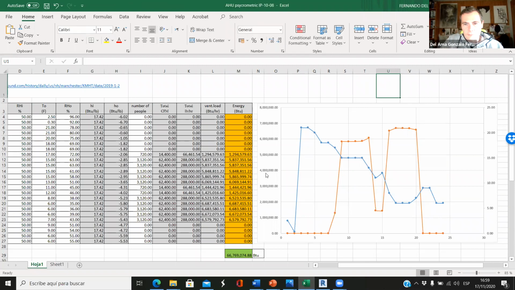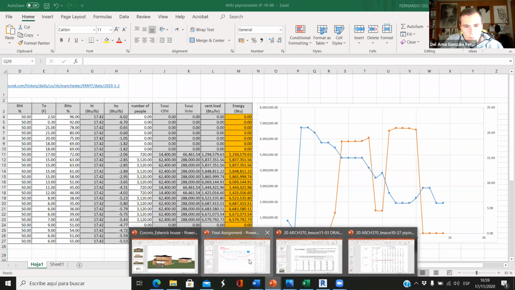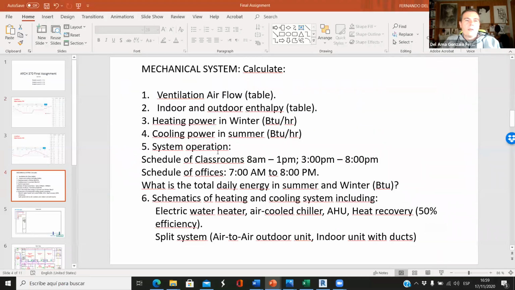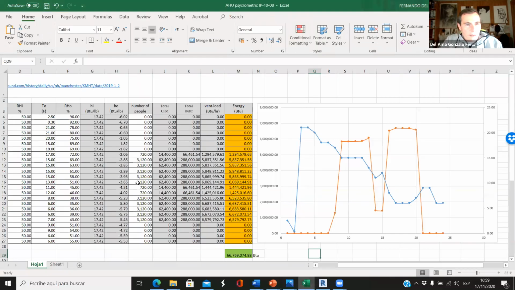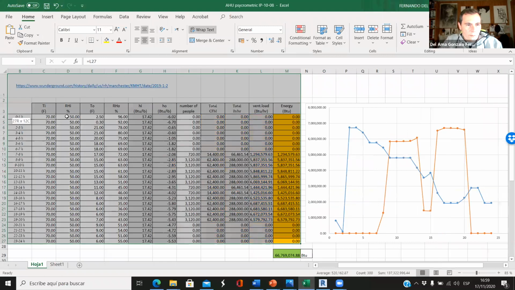So this is it. I mean, we don't need any other calculations for the ventilation airflow. We have already calculated the ventilation airflow. The indoor and outdoor enthalpy, it's here. Okay, so this is the indoor enthalpy, and this is the outdoor enthalpy. So just by copying this table,